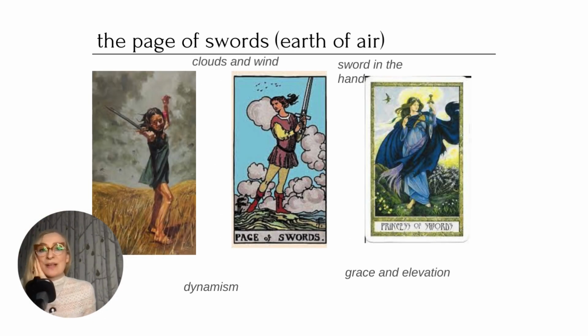Let's now talk about the Page of Swords, which is the Earth of Air. And if we take a look at these cards, we can see that they've got their feet on the ground, yes, but they've got their sword raised, and we can see it's a windy day. We can see that there's movement. There's a great sense of movement in the Page of Swords cards. And these are people that talk quickly, that have a lot going on. And I have to say, I do identify with the Page of Swords.